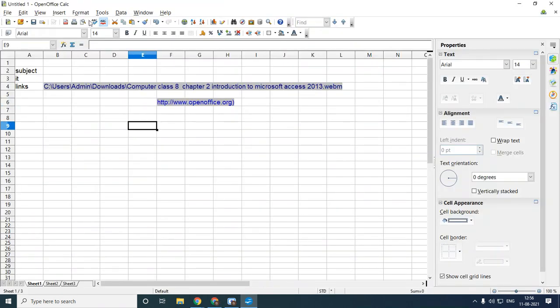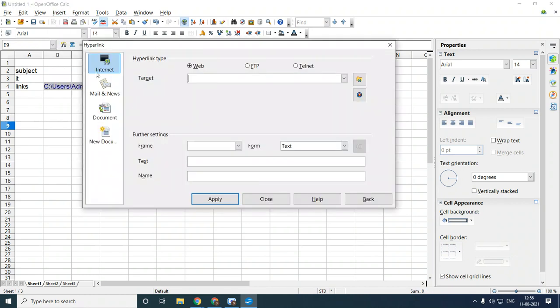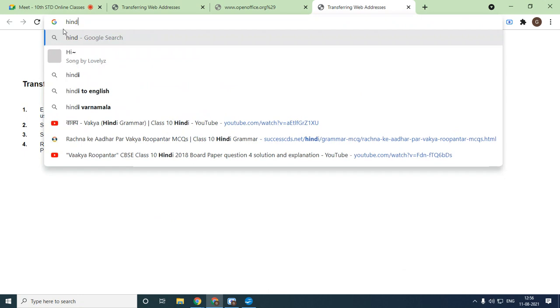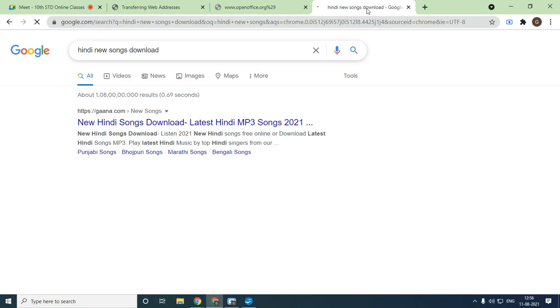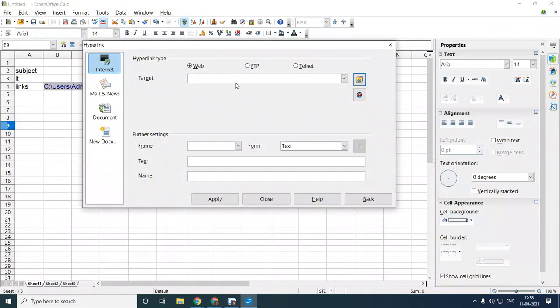If you want to select a different link from the internet, for example a link for songs, you can select the whole link, press Control C, and copy that link here.